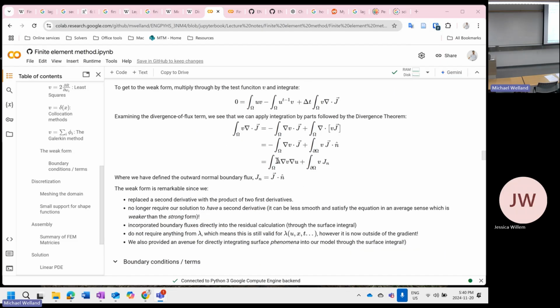The funny thing is that this equation does not require a second order derivative in order to solve. It doesn't even have to be defined, which means you could find a piecewise linear solution, right? You have, let's